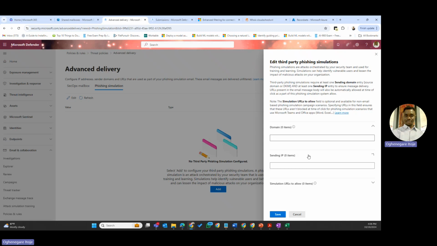The IP that the emails will come from, you put it here. Then any URL that will be part of that attack, in the body of the emails, right? That you want them, they're actually URLs for phishing, and you want to ensure that those URLs also pass through. They are not filtered, right, by any of the systems that we have, like the filter in